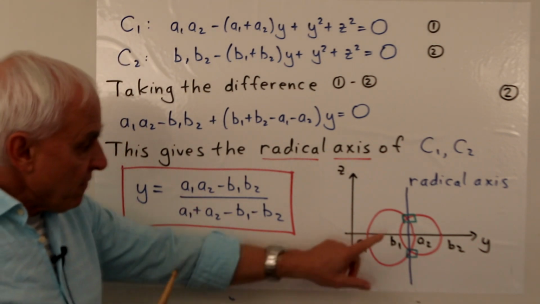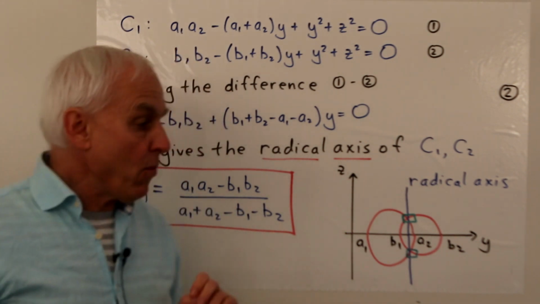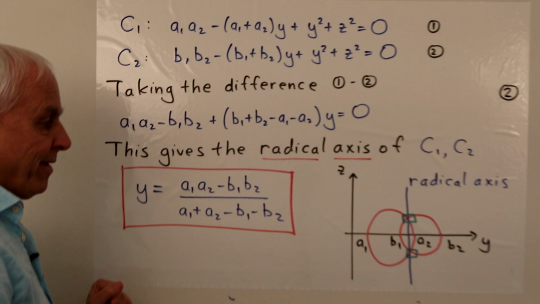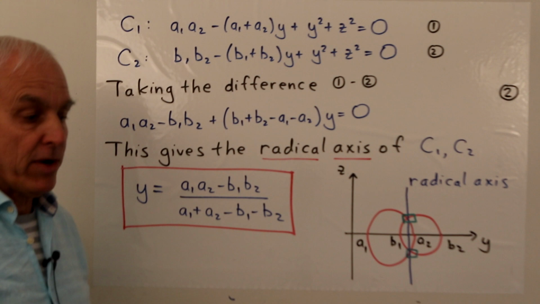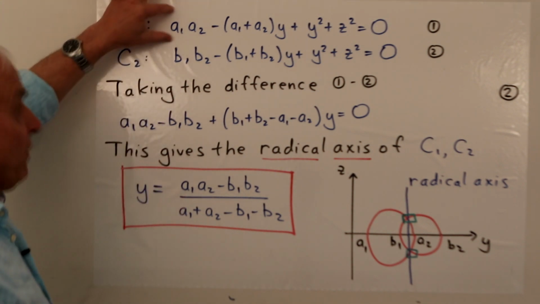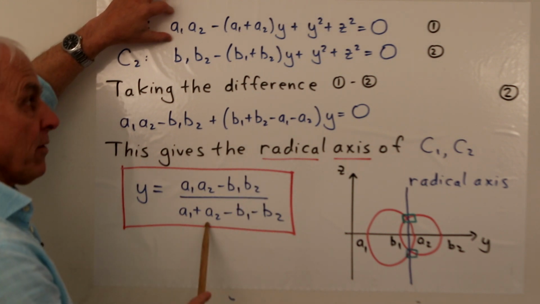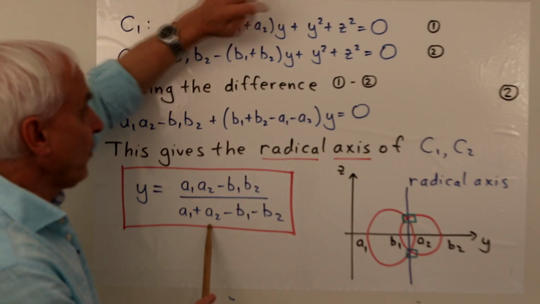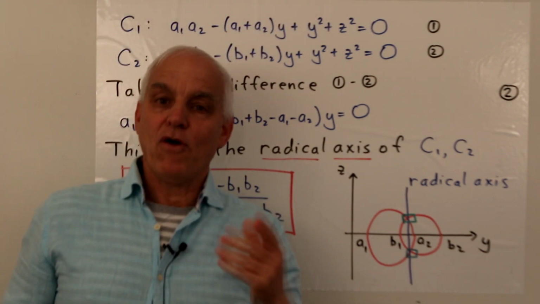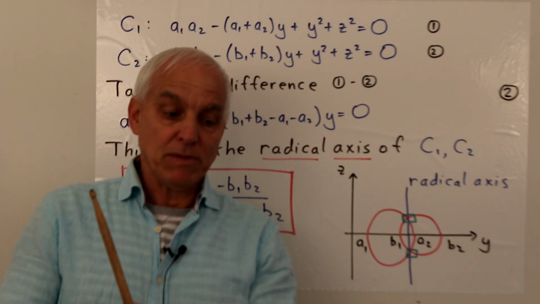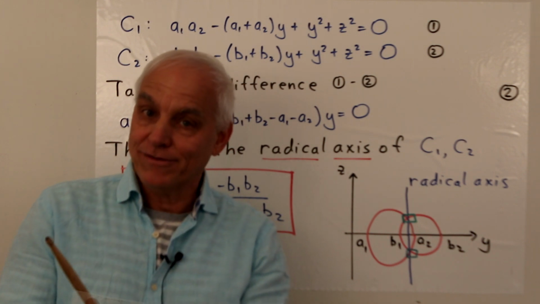So we haven't yet solved for these two points, but you can see that we've simplified the situation somewhat, because now we have a linear equation that we can use in addition to the quadratic equations that we already have. And in particular, we could take, say, one of these quadratic equations and replace y with this numerical value. So y gets replaced, the y squared gets replaced, and then we'll have an equation just involving z squared. So that'll then just be a simple quadratic equation in one variable z.